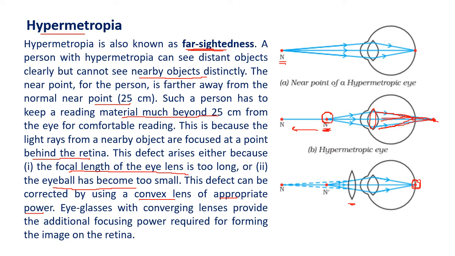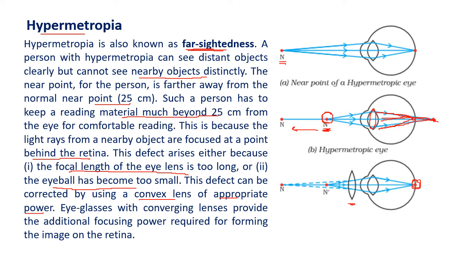So how will we see the difference between myopia and hypermetropia? This can be a 2 or a 3 mark question. So first the definition. Myopia is nearsightedness, means near objects can be seen clearly, faraway objects are not seen clearly. In hypermetropia, faraway objects are seen clearly, nearby objects are not seen clearly. Second difference. In myopia, the lens remains thick. In hypermetropia, the lens remains thin.